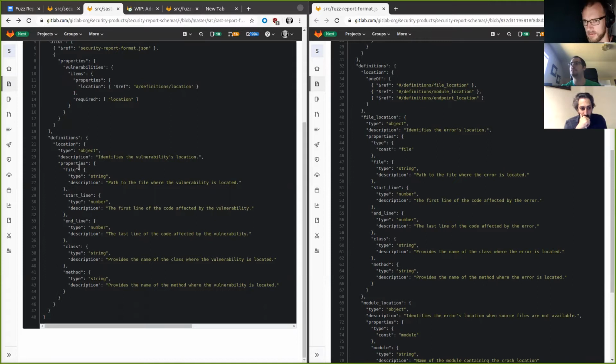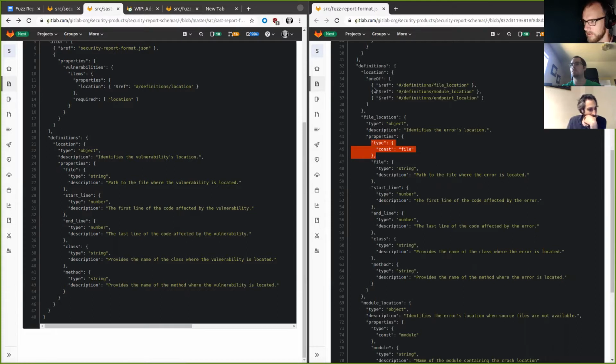Exactly, which is one reason why I really like pulling out these common definitions, because I think they are used in other places like dependency scanning, or I thought I saw it somewhere else. There were also other location objects that were custom added, right? So I think we definitely should pull these out, and then to me it makes sense to add this type field